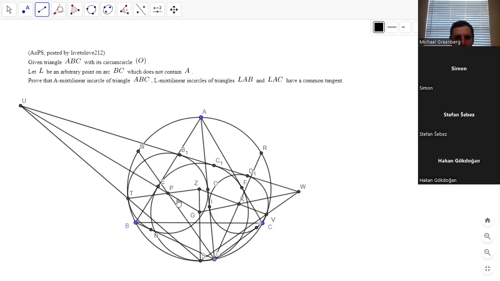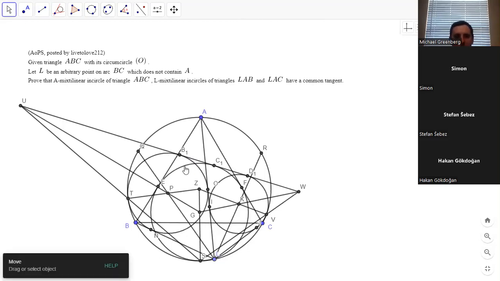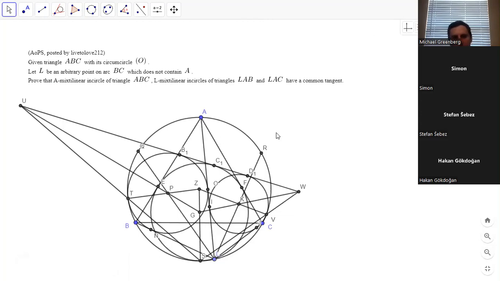Yeah, I need their centers. But maybe having the center. Yeah, I don't think I want to hide the other two circles. So if UW is tangent to this,